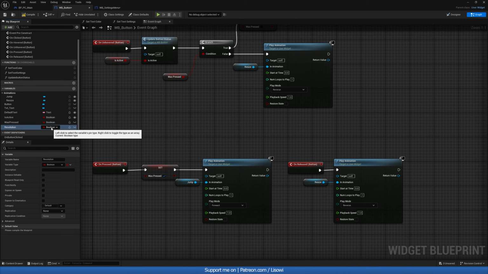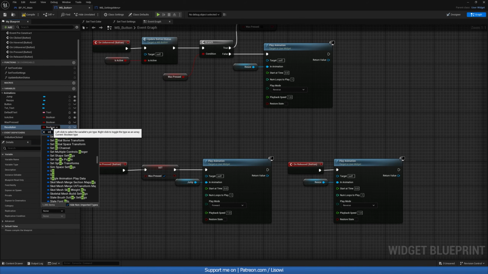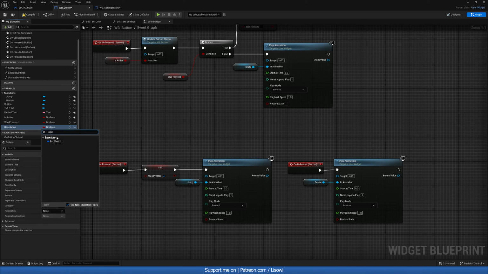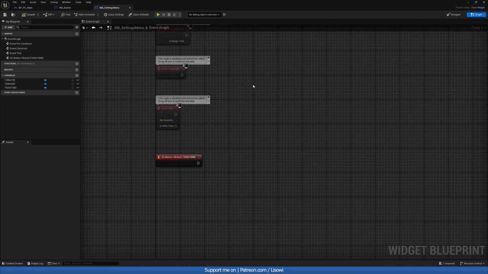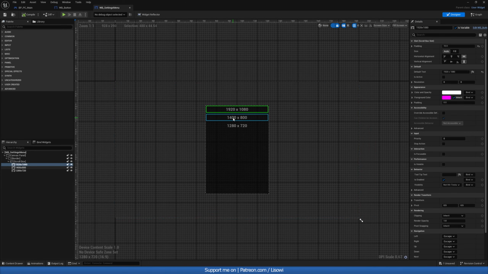Now for the variable type, we'll make it an int point. So this will give us an X and a Y. So perfect for what we need. And let's make it instance editable so that we can set this value dynamically. File and save. Back inside of our settings menu, let's go to the designer, and per button, we want to